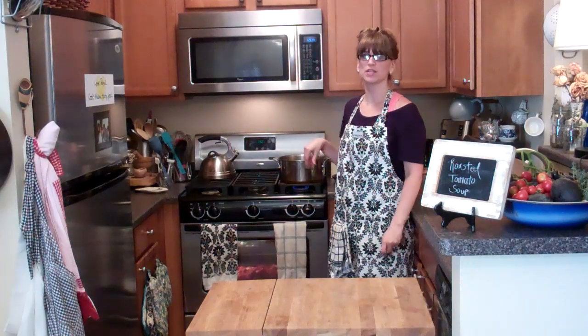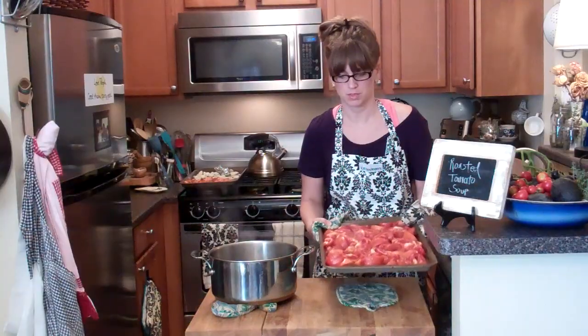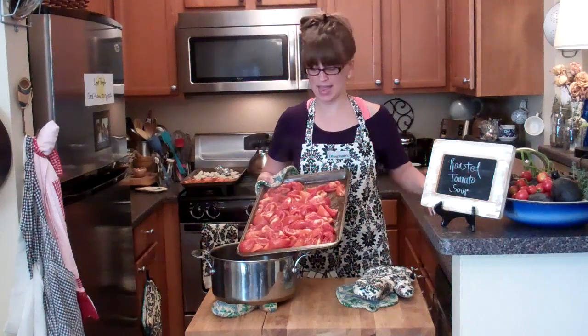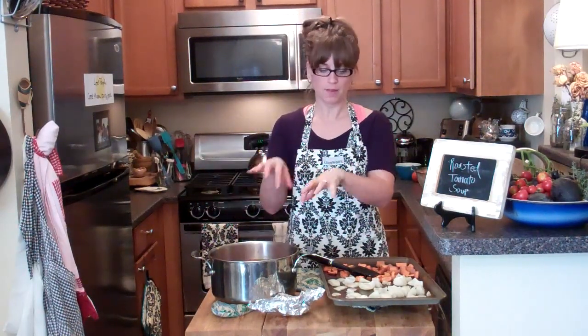My stock and other stuff has come to a boil, so I reduced it to a simmer. My veggies have cooked for 30 minutes, very carefully, because they're pretty juicy. Of course, I'm going to juice out first. Pour them in my soup pot. I left the seeds and everything in there because I ain't afraid of no seeds. So these veggies are kind of like par cooked, which means they're partially cooked. I'm going to pop them all in the soup pot, and then I'm going to let them keep cooking together